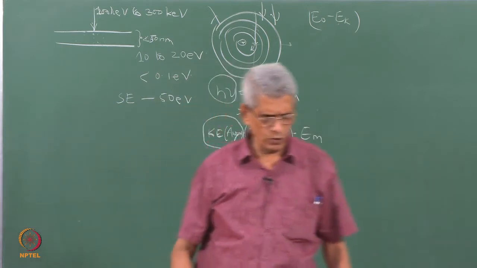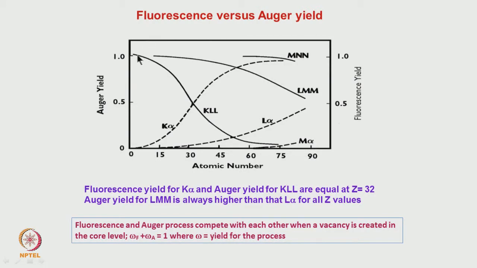Okay. So, if you look at that yield, for light elements, the Auger yield, when we plot it against the atomic number, for the light elements the Auger yield is very high, almost close to 1, because the X-ray yield is almost becoming 0. Whereas as the atomic number increases, we can make out that the fluorescence yield, which is nothing but the X-ray yield, is increasing. And for K-shell ionization, close to around atomic number 30 or 31, both the Auger yield and the X-ray yield become the same. Okay.